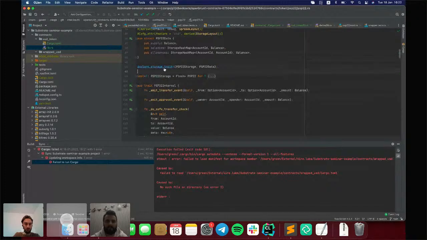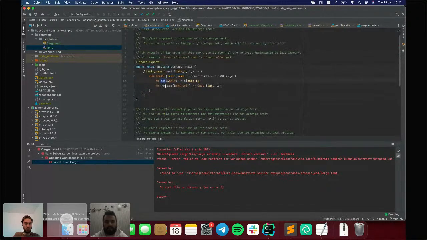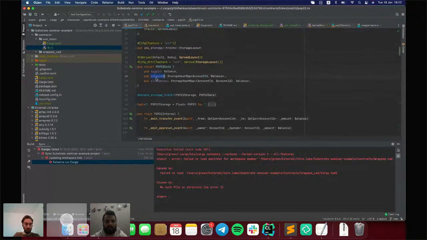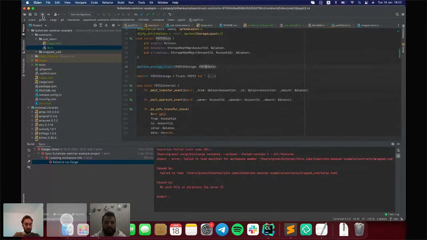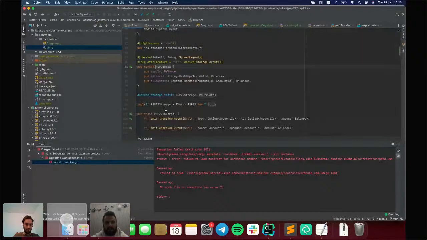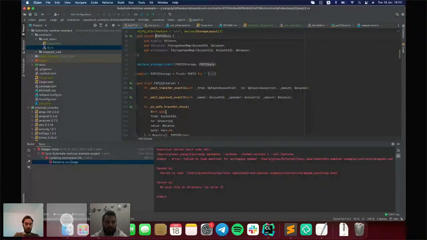It is a trait with two methods, get and get_mut, which will return a PSP22 data type that contains three fields. So we derive the implementation for that trait, and also we mark that field in our contract as PSP22 data. That will generate the implementation for the trait, and that data contains fields that we will use in the implementation of PSP22.